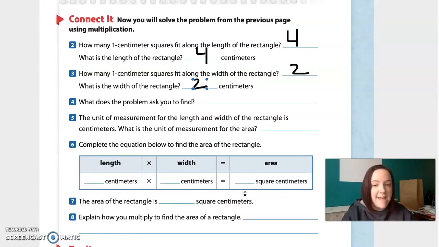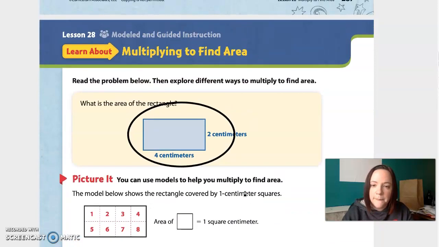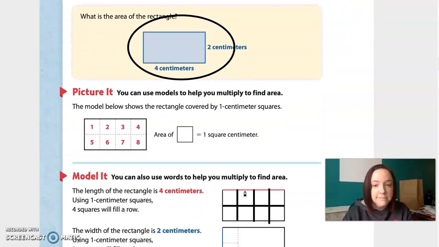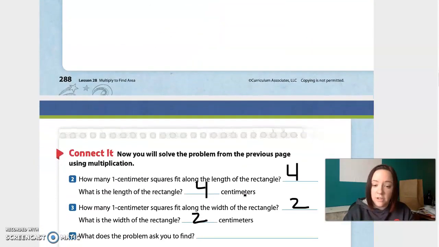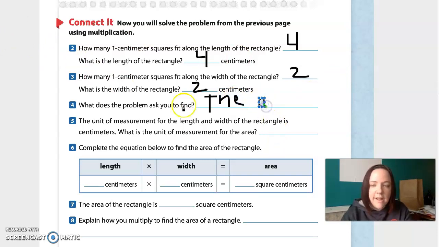What does the problem ask you to find? Let's go back up and look. What is the area of the rectangle? Well, we know our width, we know our length. So let's just say, we'll say V. Sorry, this is really bad because I'm drawing, but it's okay. We'll make it work. The area